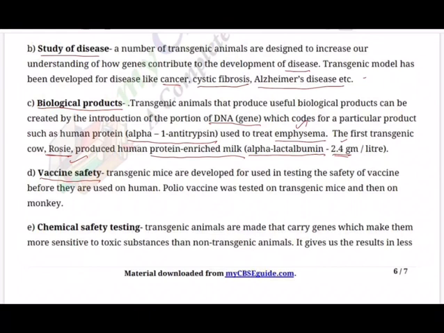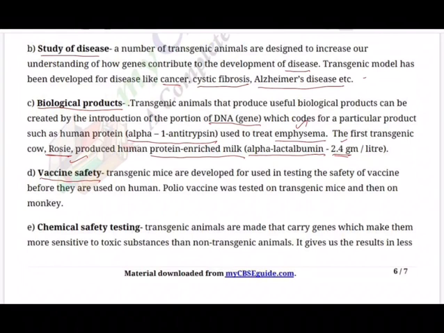So, vaccine safety. Transgenic mice are being developed for use in testing the safety of vaccines before they are used on humans. You must have noticed that a lot of reports are coming from two companies: Moderna from the USA and Pfizer. These German and American companies have successfully conducted trial 1, trial 2, trial 3,